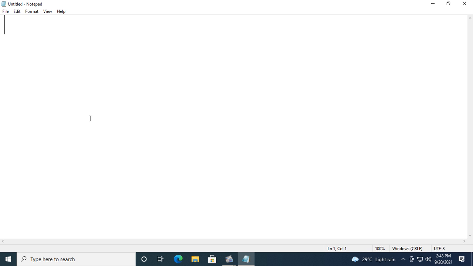Space bar helps you to leave space between two words or two letters or a set of words. Backspace allows you to erase the characters which you have typed wrongly. And one more key which I am going to explain is the caps lock. Caps lock will help you to write in capital letters.